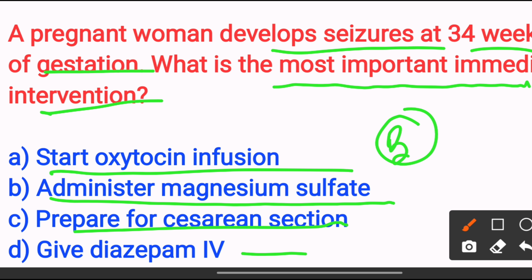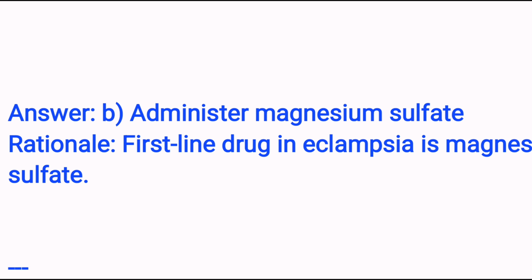At first we have to control the seizure. The first line drug in eclampsia is magnesium sulfate. So the answer is option B. Next,